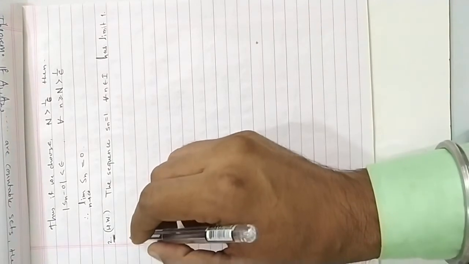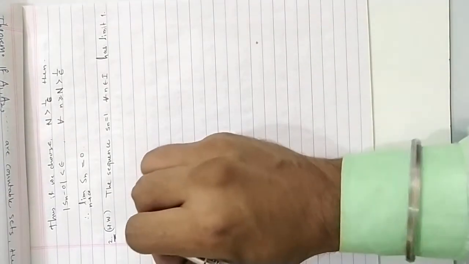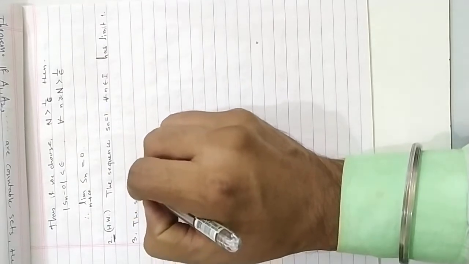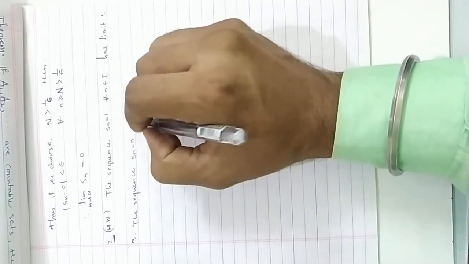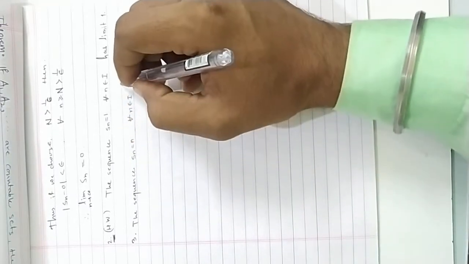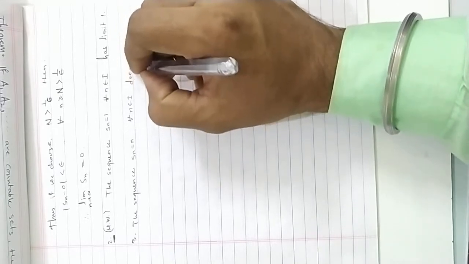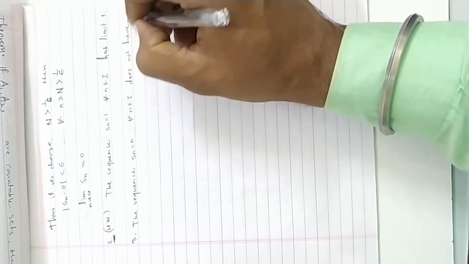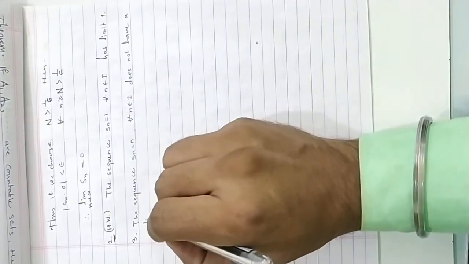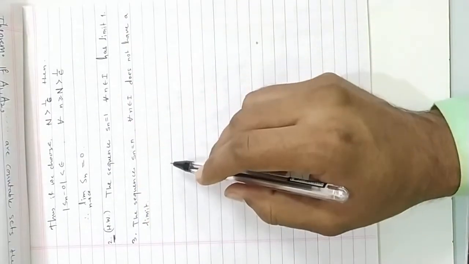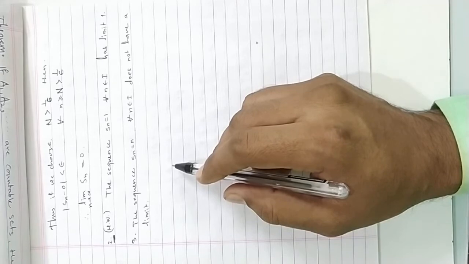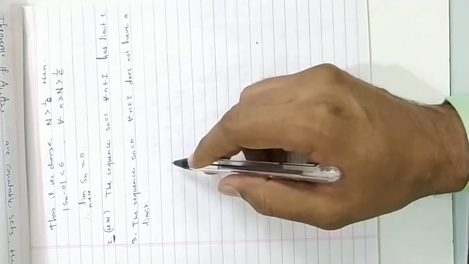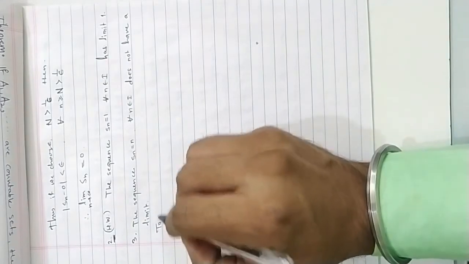Right. So next, example number 3. The sequence Sn equal to n for all positive integers n does not have a limit. So how to show it does not have a limit? That means there does not exist a positive integer N that satisfies the equation star. Right? So to show this,